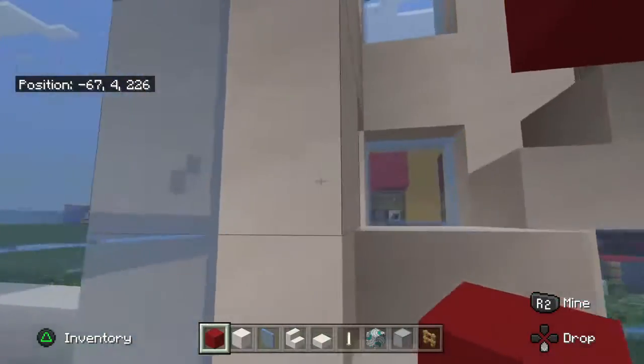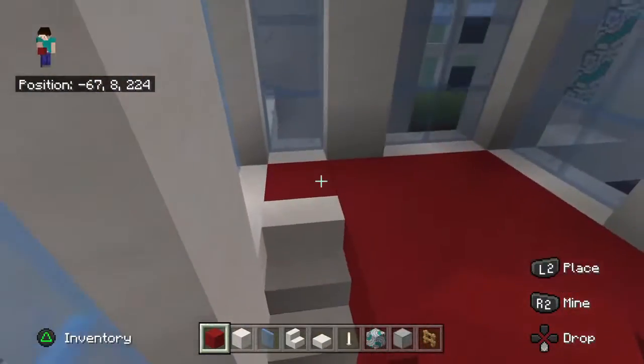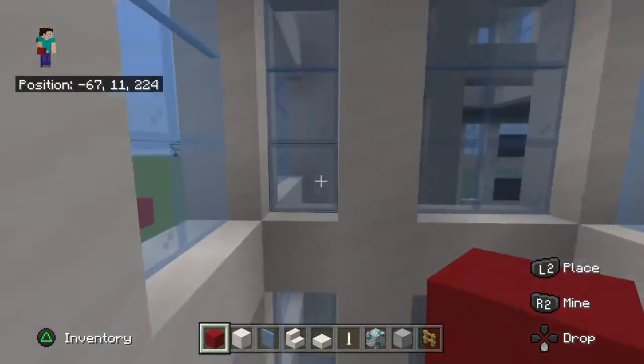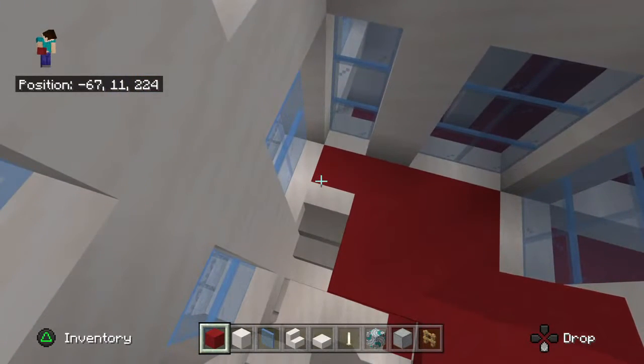So if we can actually copy that here onto the next few floors, and then it might make the stair placement